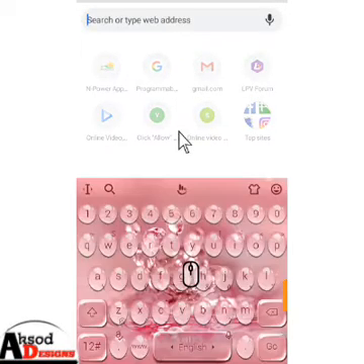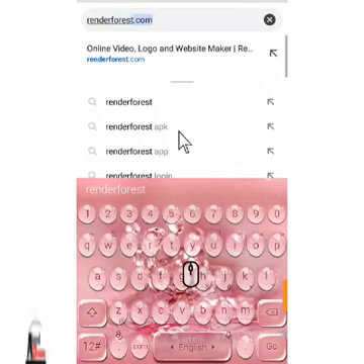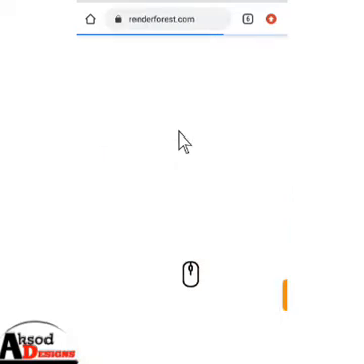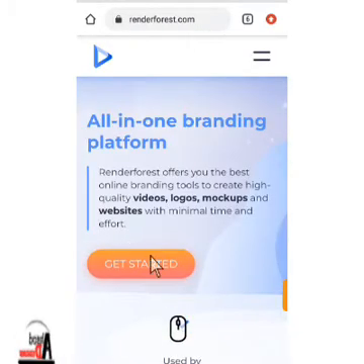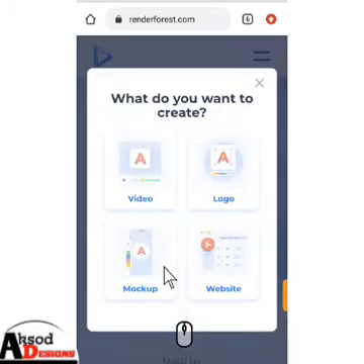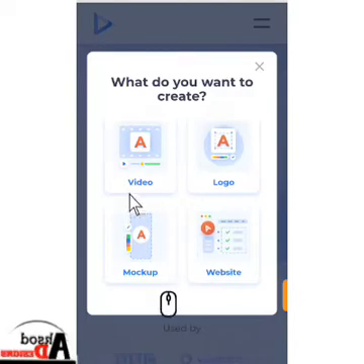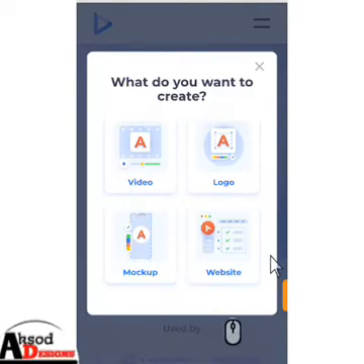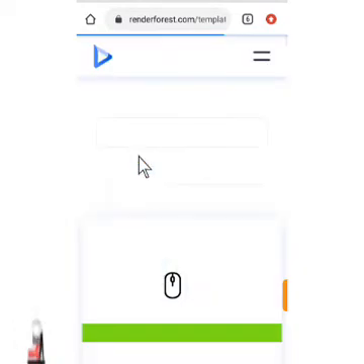And in your search engine, just type in renderforest.com, then you search for it. It will bring you this page, then you click on get started. After that, it will bring video, logo. What do you want to create? Is it a video, a logo, a mockup, a website? Just click on your video because you want to create an animation,